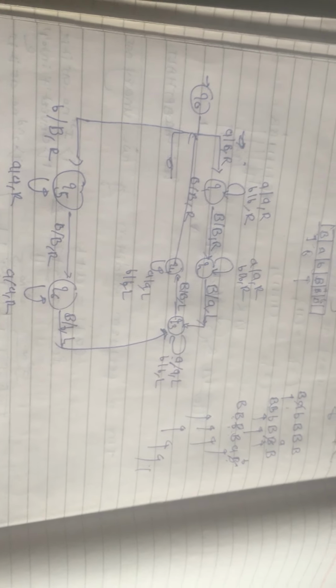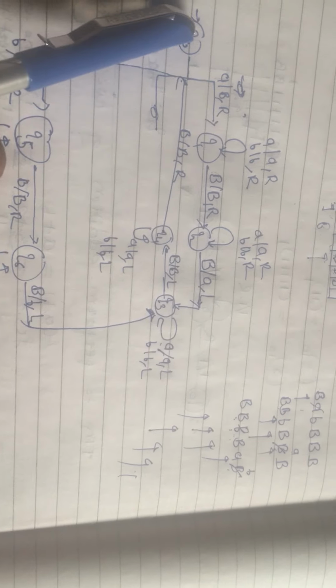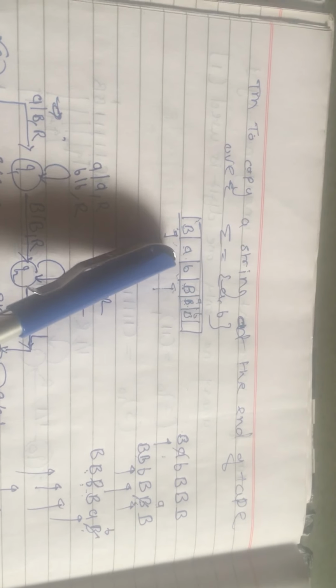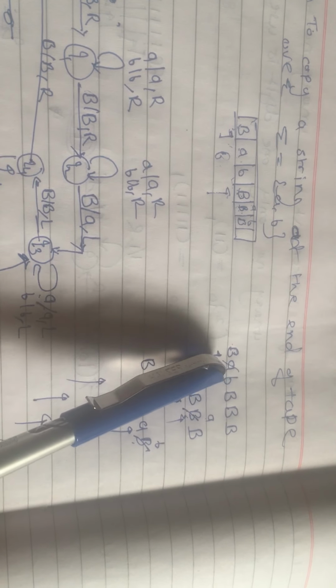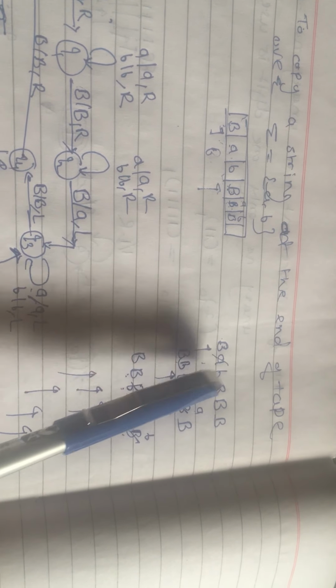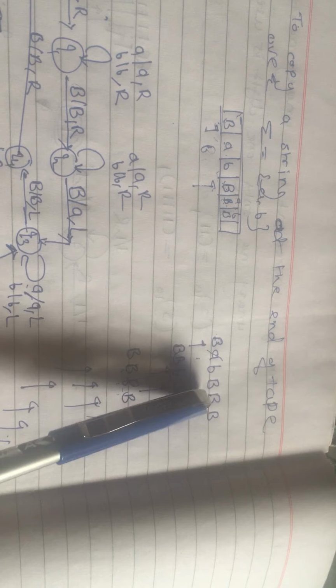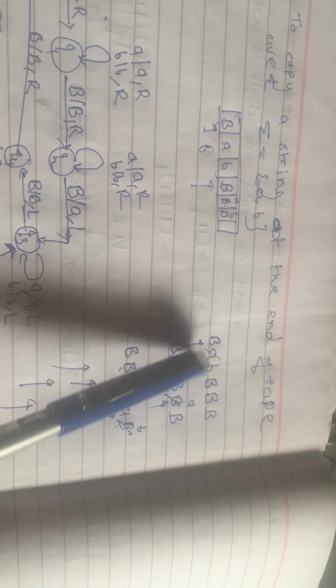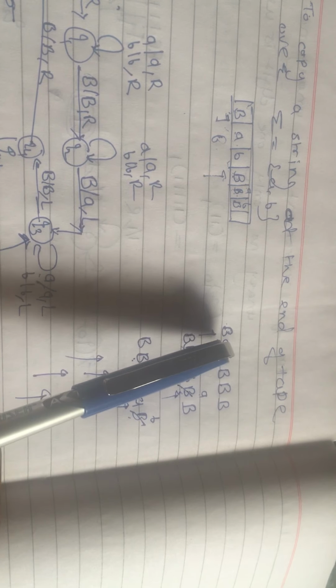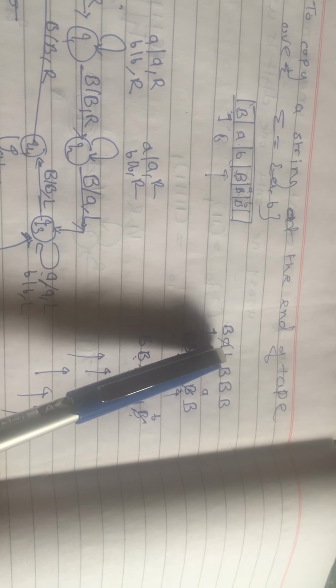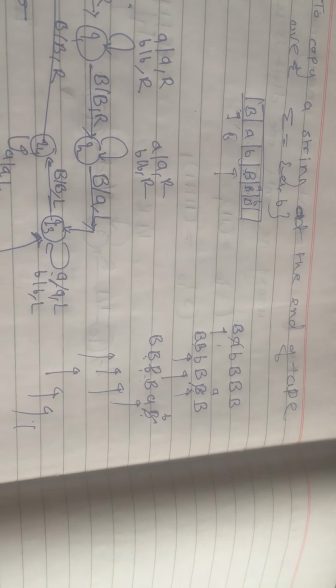Okay. Now this is the transition diagram. See here again, logic is very simple. I will explain with the help of this again. Suppose this AB is the input. Before this input and after this input blank cells are there. Now initially pointer is here. It will read first symbol. It can be A or B. So first symbol is here A.